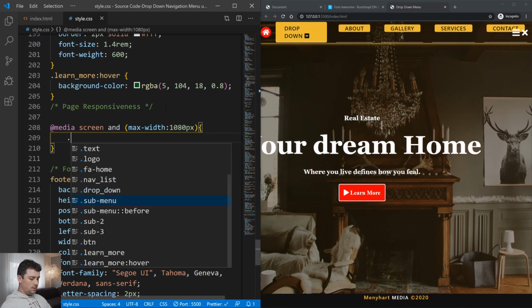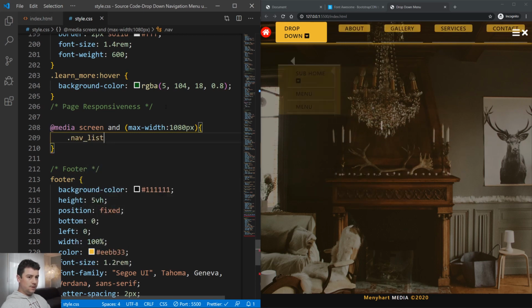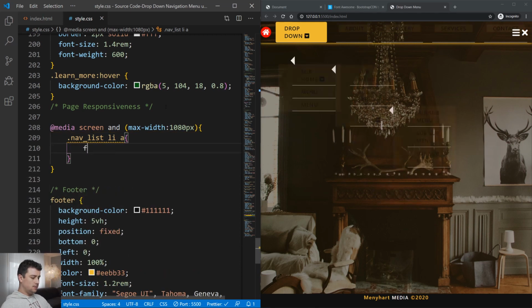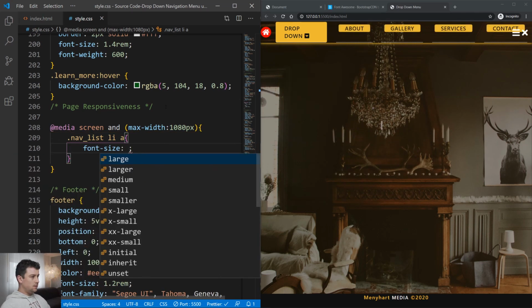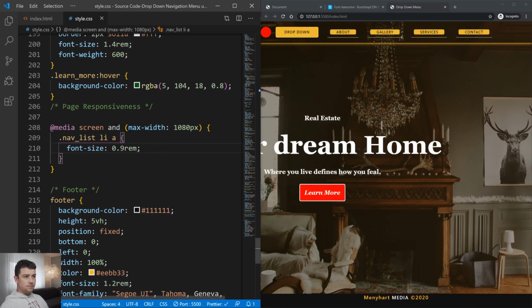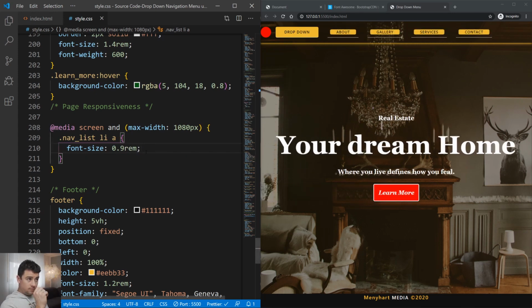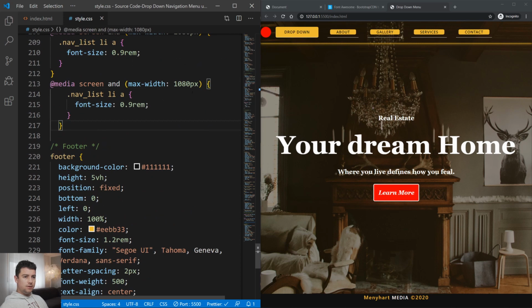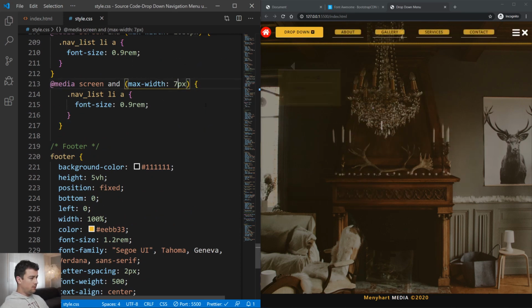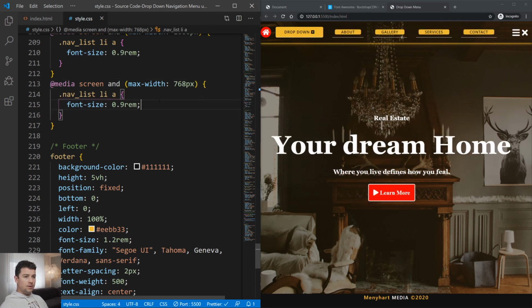We want the class of nav list items, and within this the li, the anchor tags, to have a font size of 0.9 rem. And now we're just going to copy this and paste it in right here. Now for when this goes under 768 pixels,